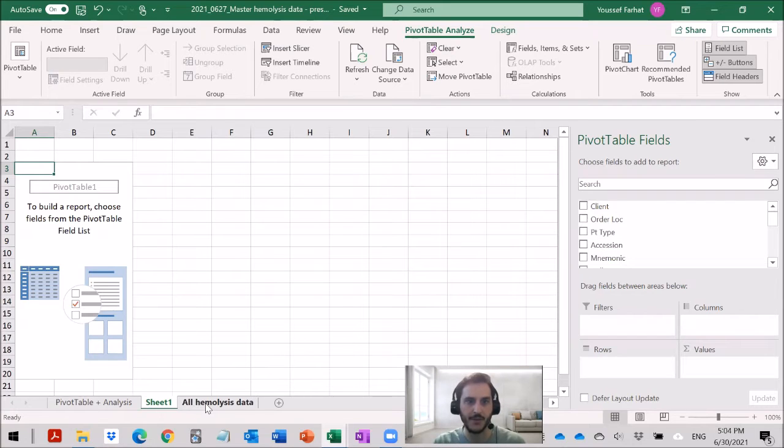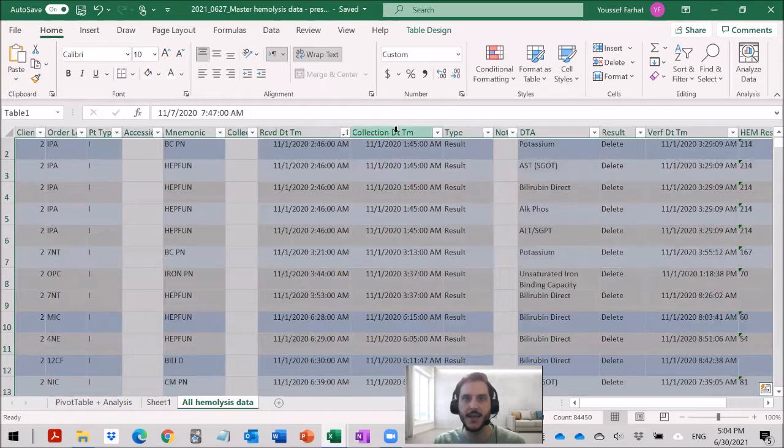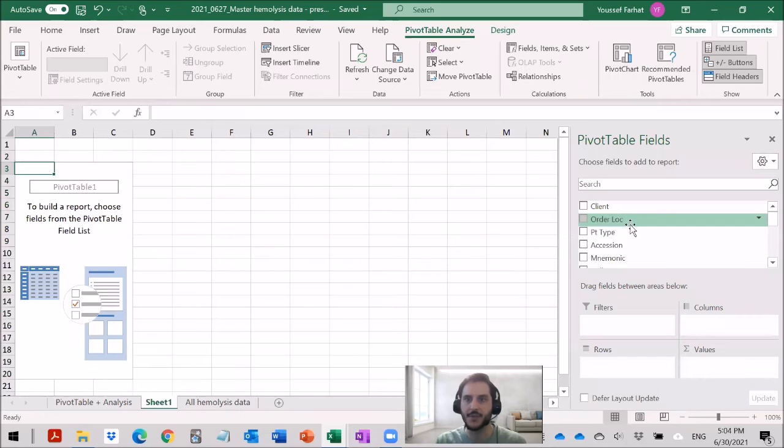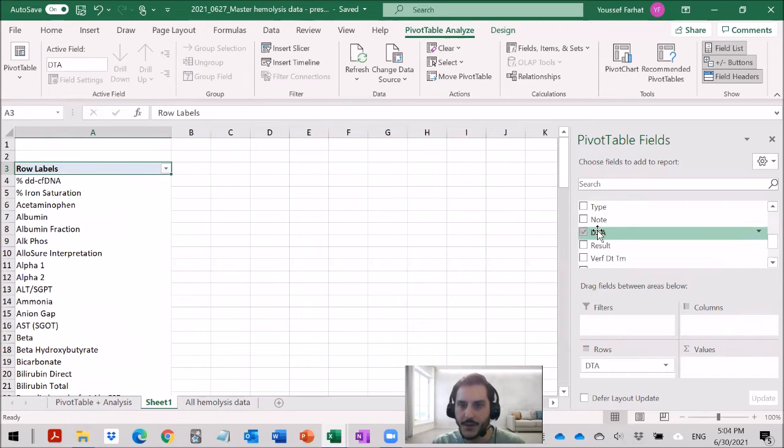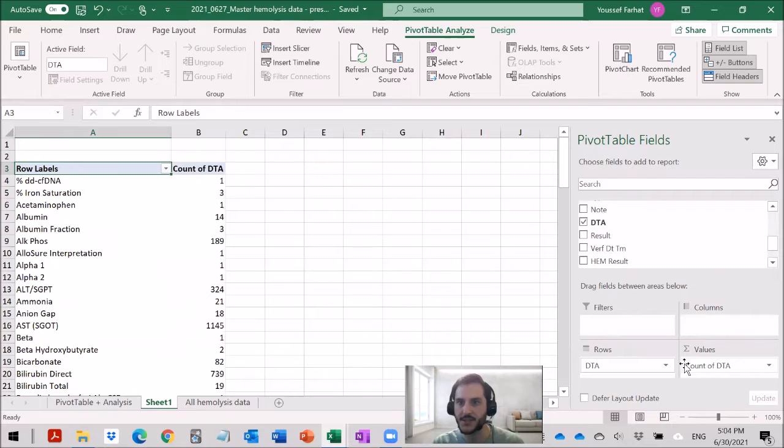So if I go right quickly back to the original data, we had received date and time. DTA is the test name. So for example, if I wanted to create a table where I have the tests broken up into rows and the number of tests that were hemolyzed is what I'm interested in. So that'd be counting each unique type of test, and I want to break that down by month. So I want columns showing me in November I had this many, in December I had that many. So I'll just go over to when it was received, drag that over into my columns,